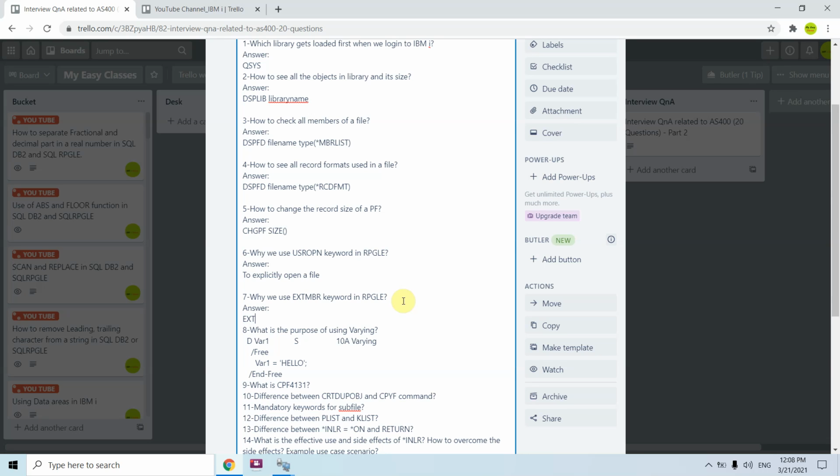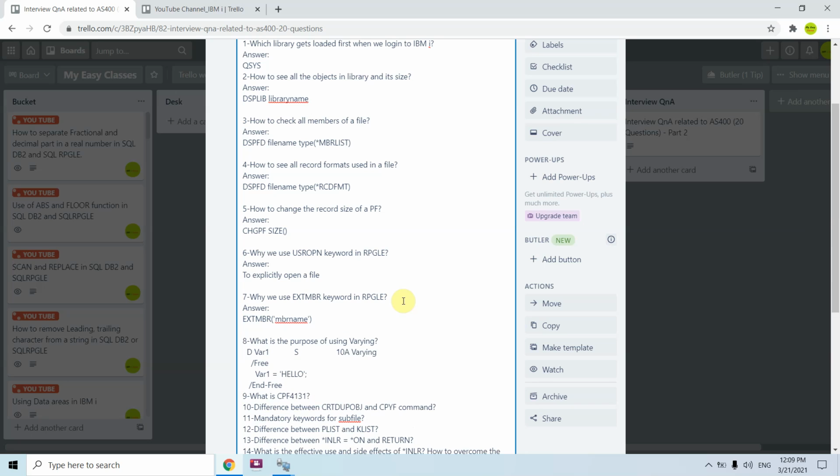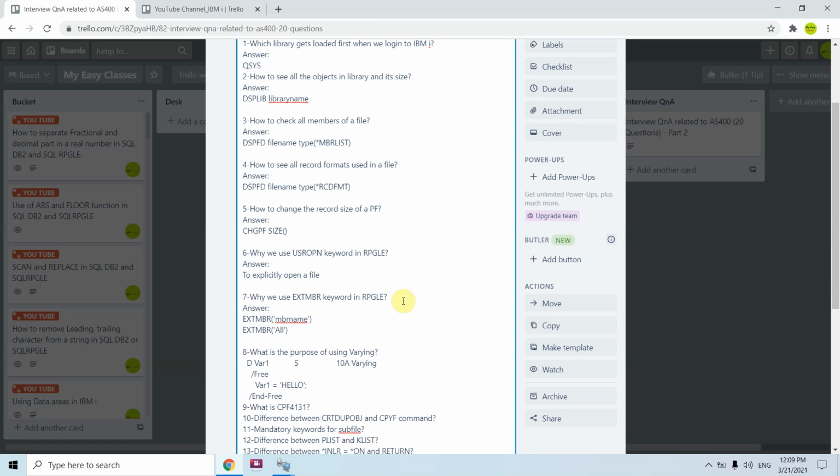So for EXTMBR, either I can specify the member name, or I can specify *ALL to read all the members of that file.